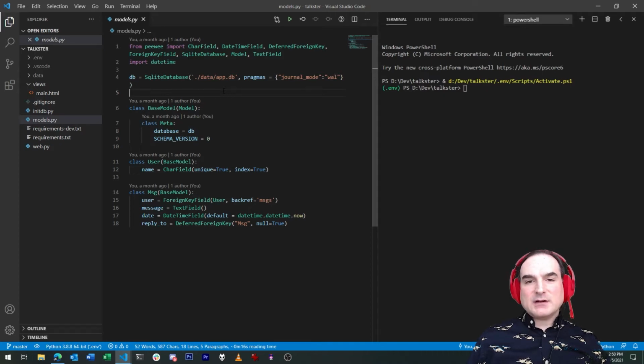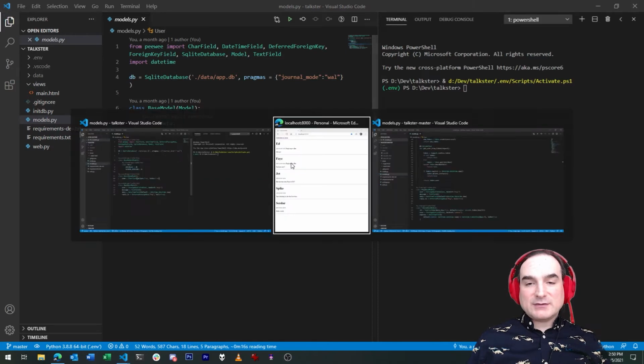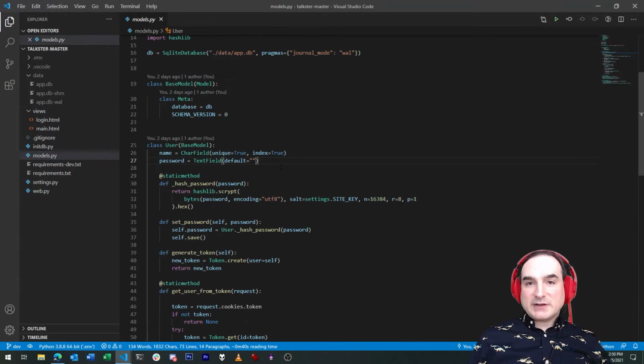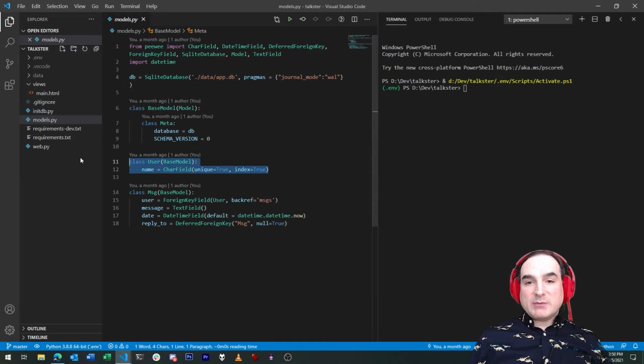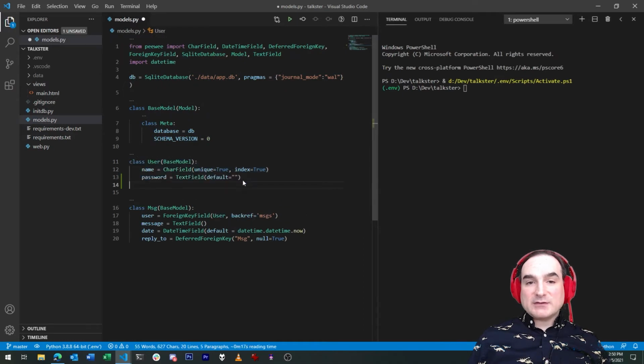Right now, our data model doesn't have any way to track which users log into the system. In fact, we don't even have a password field for our user accounts. So let's create that first. We can use a freeform text field for passwords, although we will want to ensure at some point along the way that we enforce some standards for password length and complexity, but that can come later.